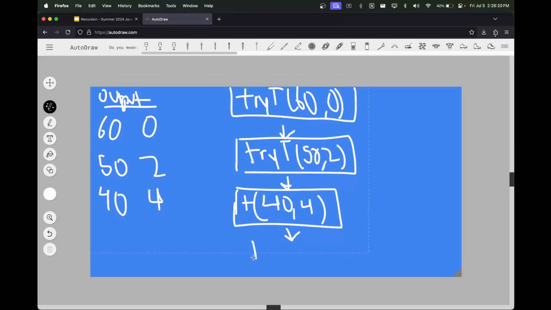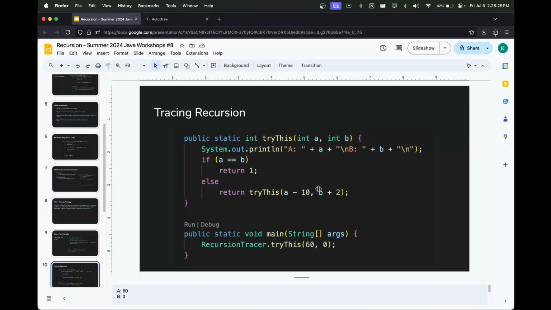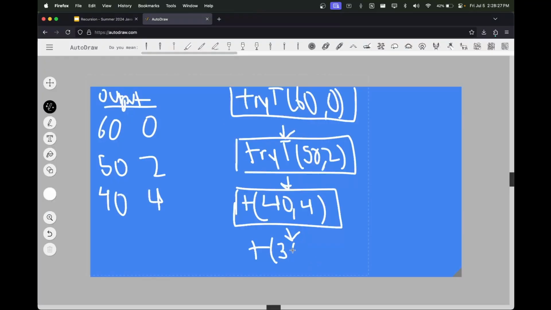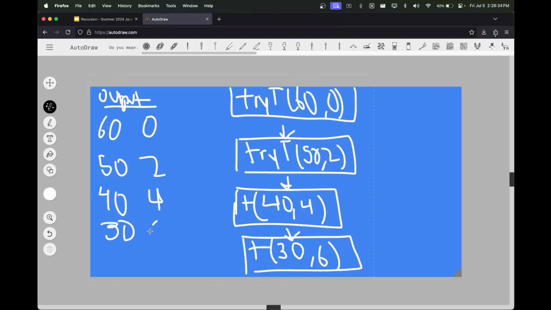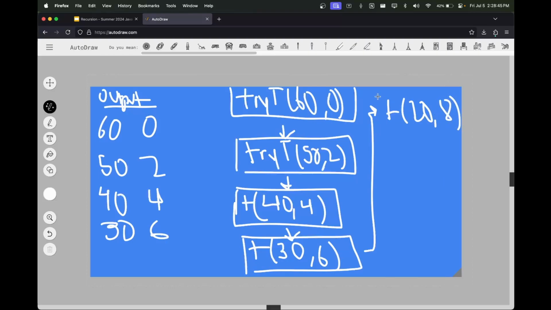And then let's call 30 and 6. So then we print 30 and 6 because that's the first thing we do. And then are these two equal to each other? No, so we go over here. Then we do 20 and 8. And then we print them out, right? So 20 and 8. And these two are not equal, so we do 10